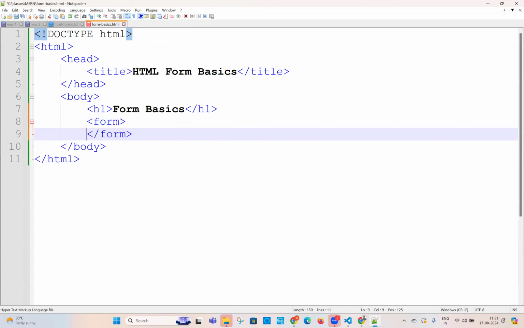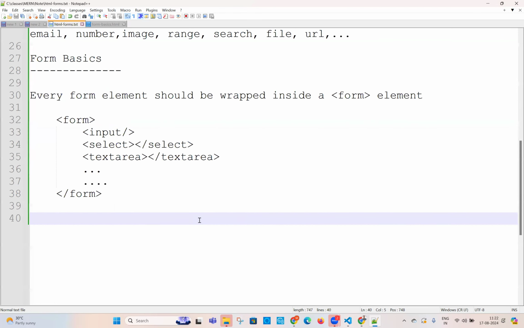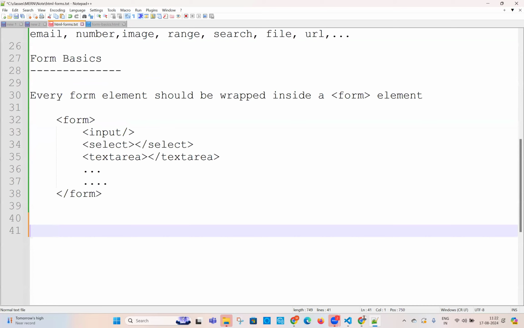So this is the form open tag. Now I'm using the first element, called input. See this carefully. Input is a self-closing tag. This is also called a void element. Guys, you have one question. You may do some R&D today and find the answer for Monday. So the element is going to be